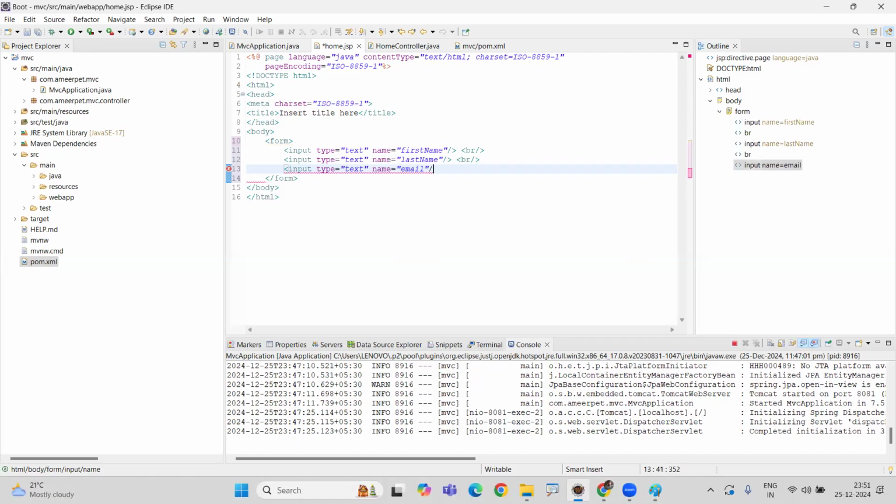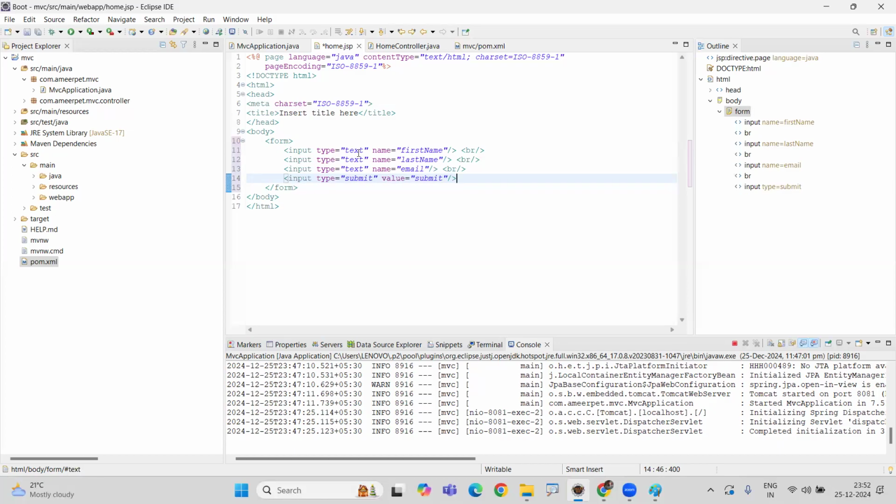We are taking email, and finally input type equals submit, just a form we are creating. And you know that the value is also submit. I'm giving it like this,